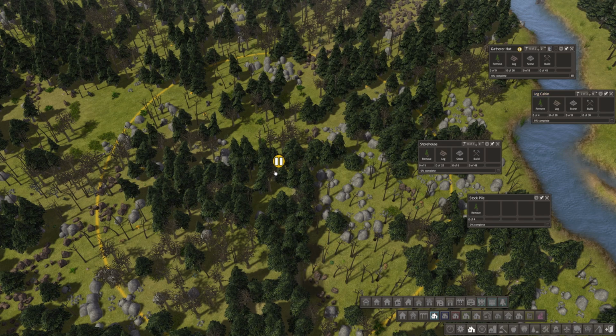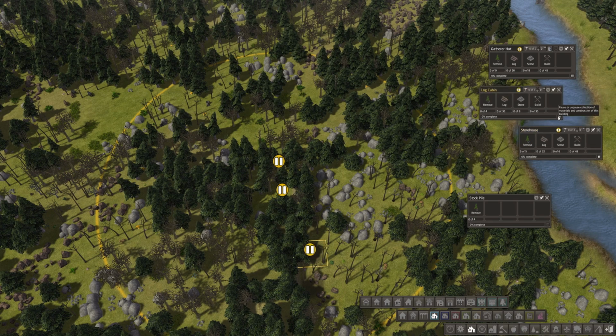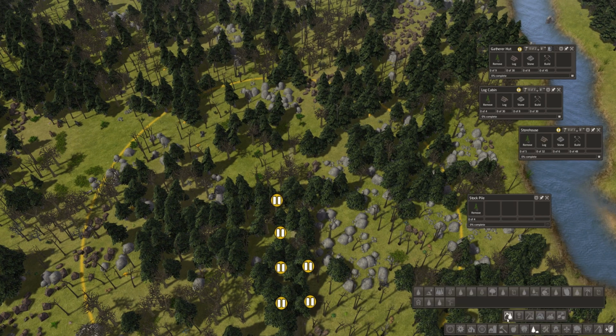Okay, so now we've got a gathering hut, we've got a storehouse, and oh yeah, very important to make sure these log cabins are on pause. You want everything on pause at the start. You have very limited people, and you want to make sure you do things in the correct order. Okay, and then just for fun, we're going to put in